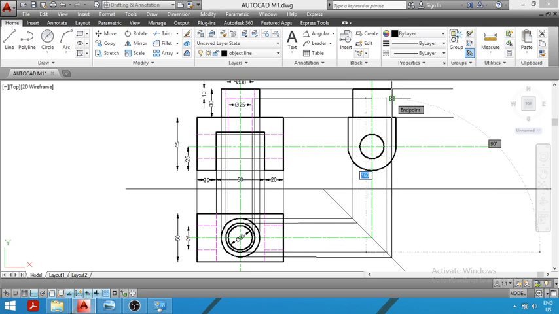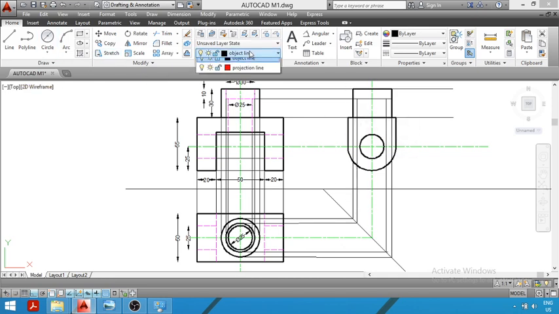So you can see I am projecting the line. What we have done is first project the height of this hole, which is equal to 10 mm, by drawing a horizontal construction line, and then project the diameter of this hole, which is equal to 30 mm, by drawing two horizontal projection lines in the top view, and then project it in the side view.